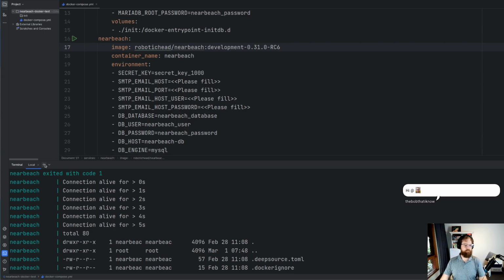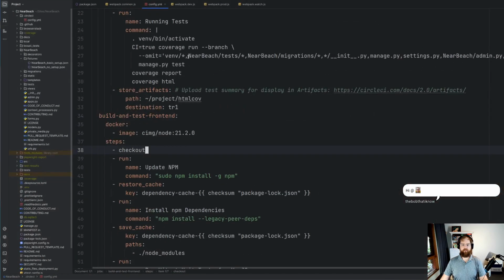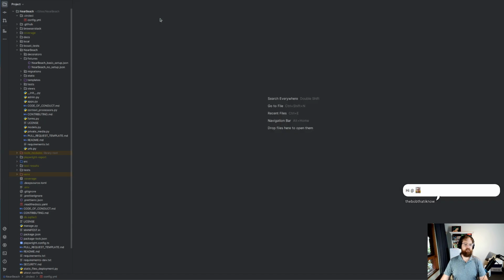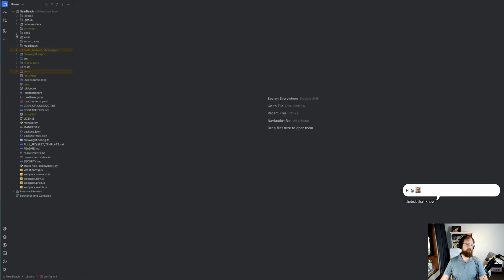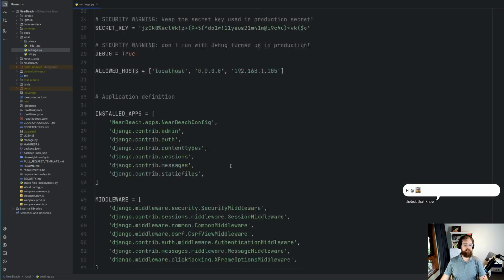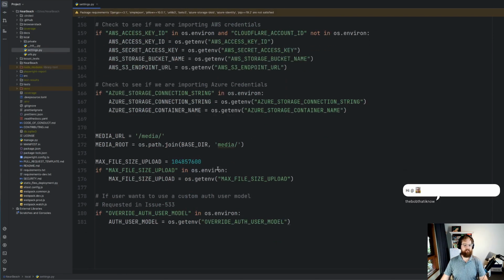So what I want to do, so I'm just thinking about this. I want to open up NearBeach. I want new window. I'm going to close everything. I'm going to minimize everything. I'm going to open up NearBeach. We've got local, we've got settings. And then in the settings, we should have